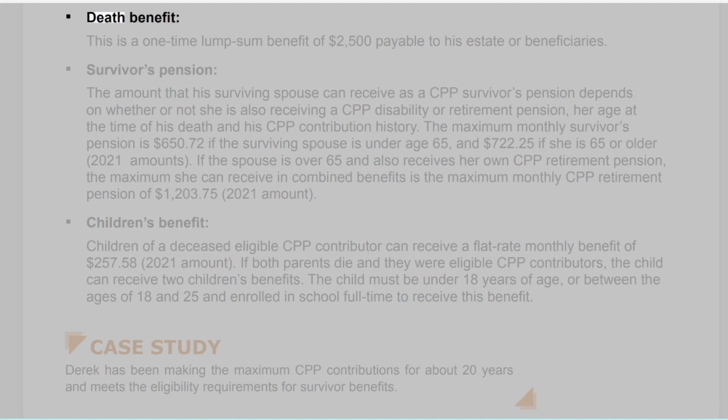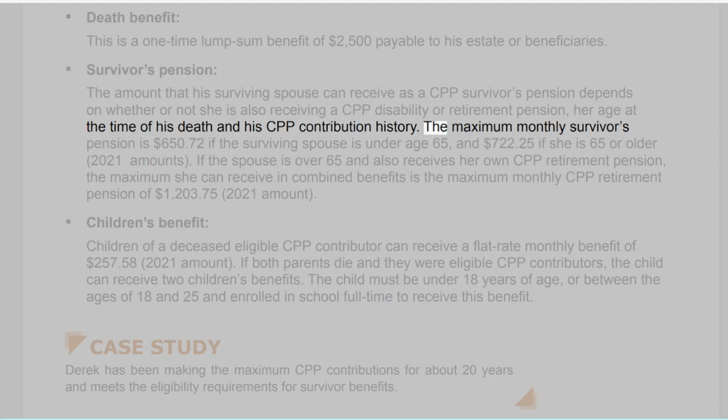Death benefit. This is a one-time lump sum benefit of $2,500 payable to his estate or beneficiaries. Survivor's pension. The amount that his surviving spouse can receive as a CPP survivor's pension depends on whether or not she is also receiving a CPP disability or retirement pension, her age at the time of his death, and his CPP contribution